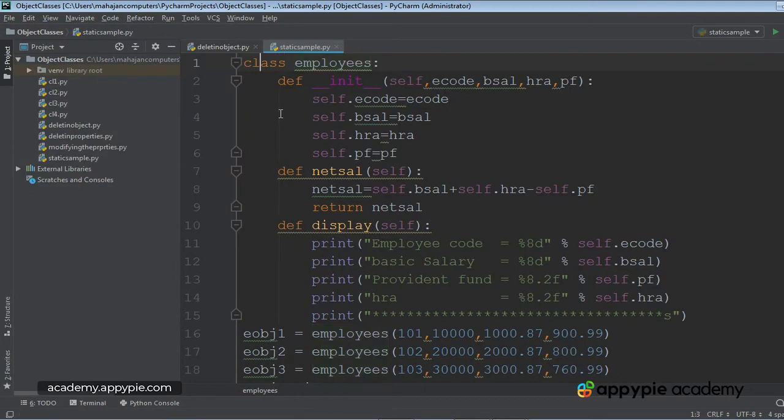I have already typed this program in order to save time. This is class Employees. See the syntax, colon. After that, we define the member method of the class, def __init__. This is going to be your constructor, as I have already explained. And apart from self, which is a reference to the class itself, we have formal